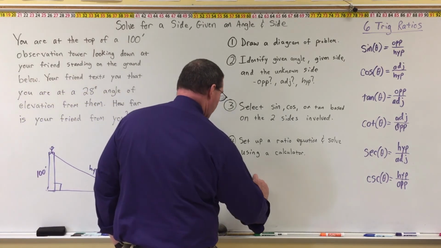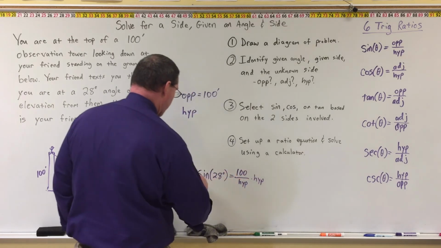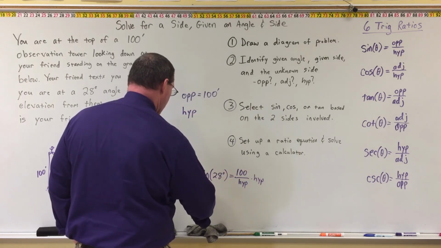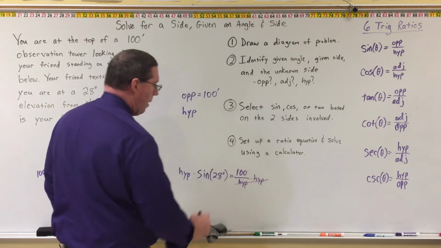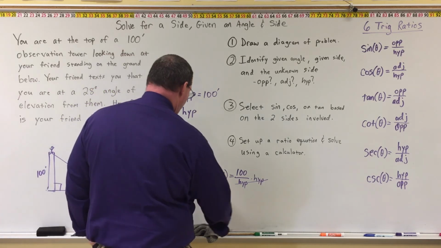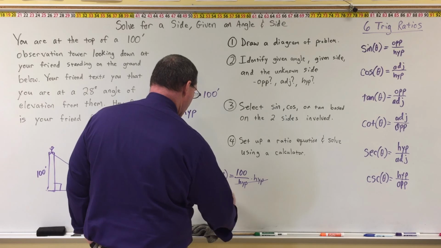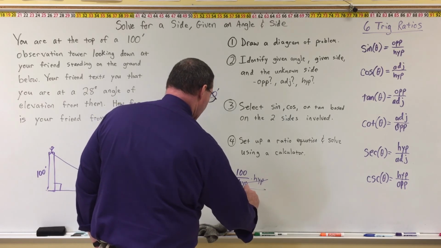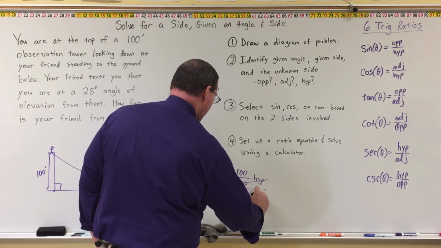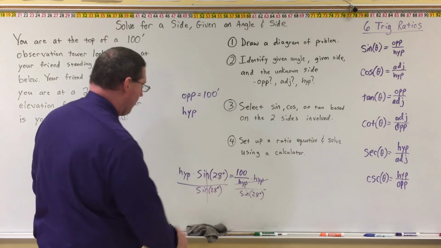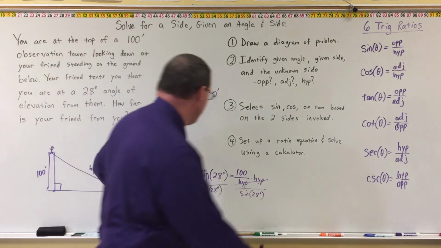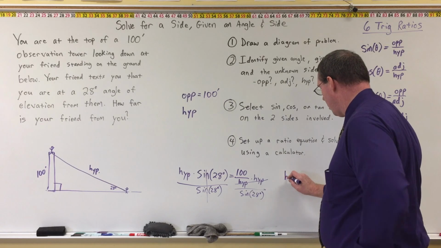So we're going to multiply both sides by hypotenuse. This is just like we did in the last example. That's going to cancel the hypotenuse here. Then we're going to divide by sine of 28 degrees on both sides. That's going to cancel sine of 28 degrees here and leave hypotenuse equals